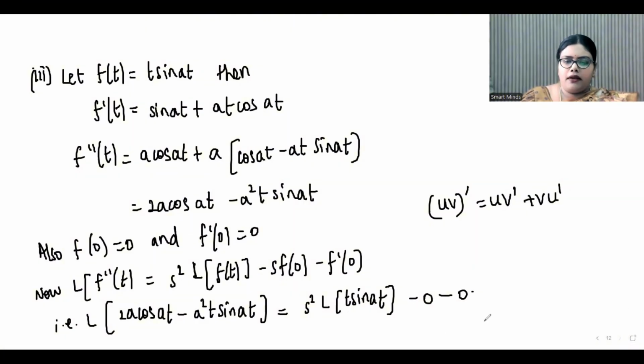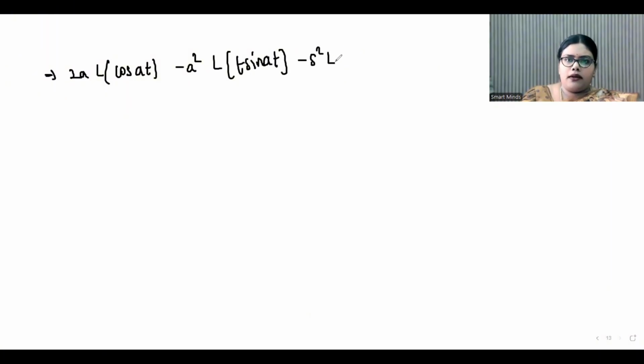Now if you take all terms one side, what do you get? You will get 2a L of cos at minus a square L of t sine at minus s square L of t sine at